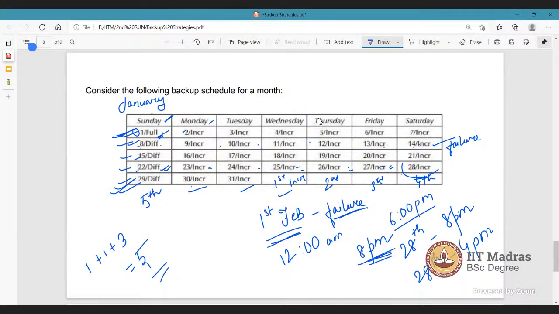So instead of differential backup, we could have also used incremental backup for the entire month. But then the total number of sets for complete system recovery would be 31 backup sets, right? So that is why we use a differential backup. It provides efficiency of recovery when planned properly. It will save a lot of time.